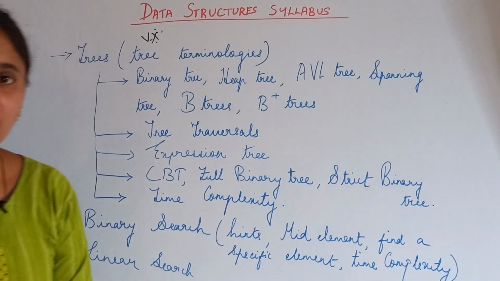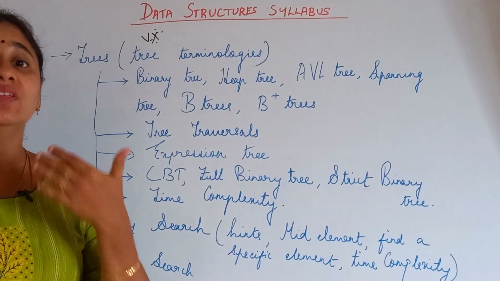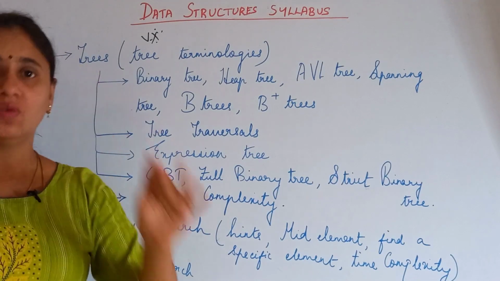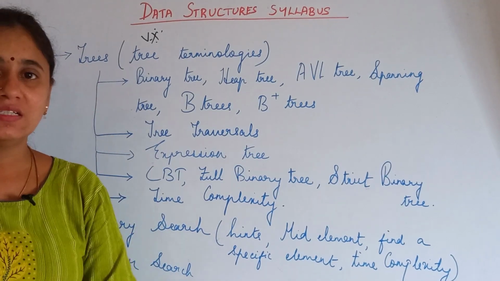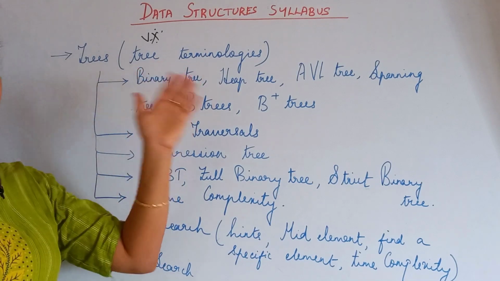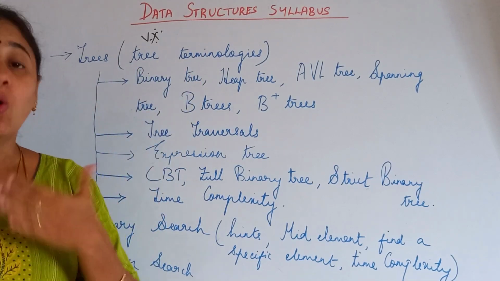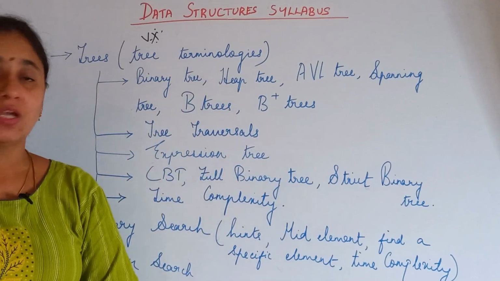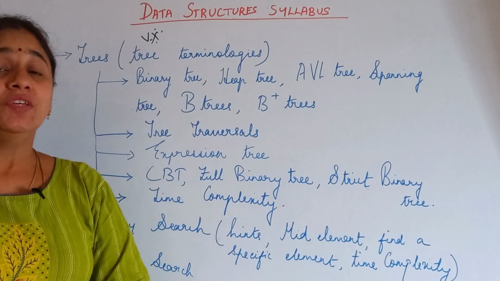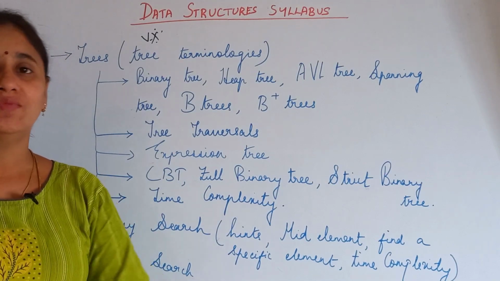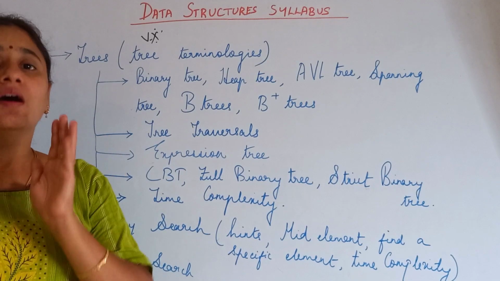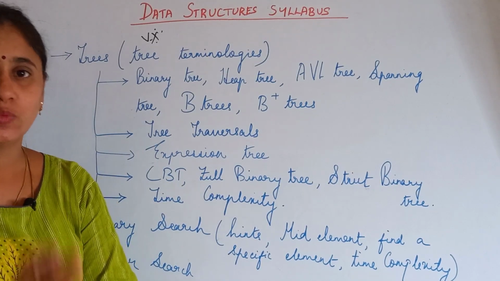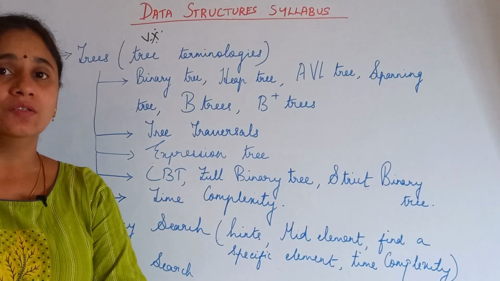Under tree, we are going to discuss the various concepts of terminologies, that is how the structure of a tree is implemented, what it is, and what are the different types of operations that are present in trees. Everything we are going to discuss, and what all its various types. Under each and every type, we are not going to discuss all the information, only the concepts which are very important related to examination questions. Only that we are going to focus on.